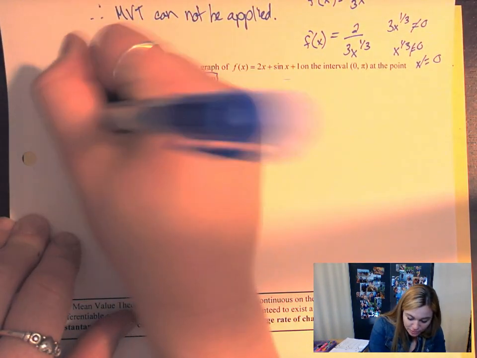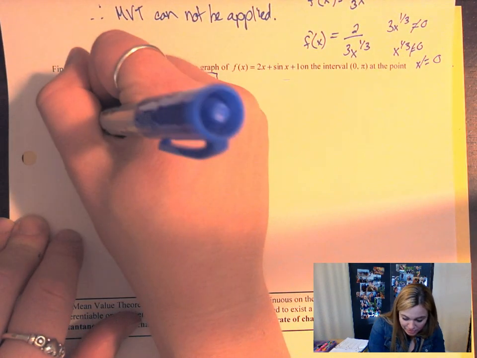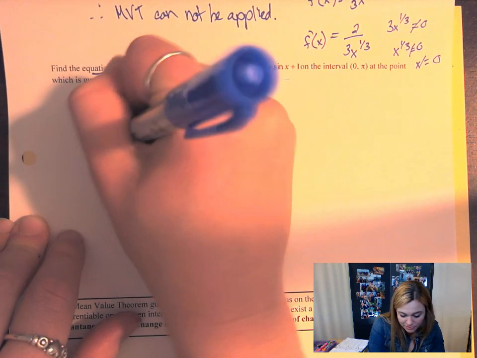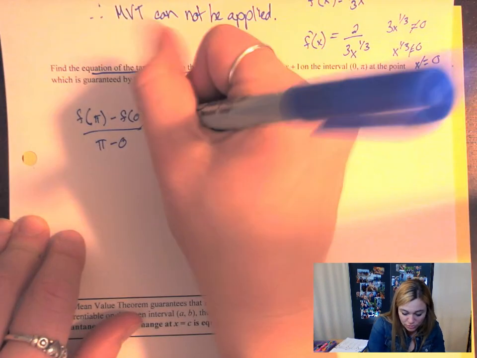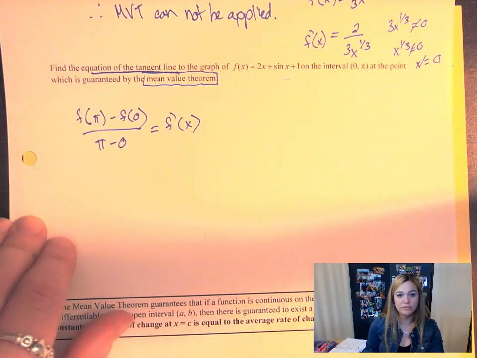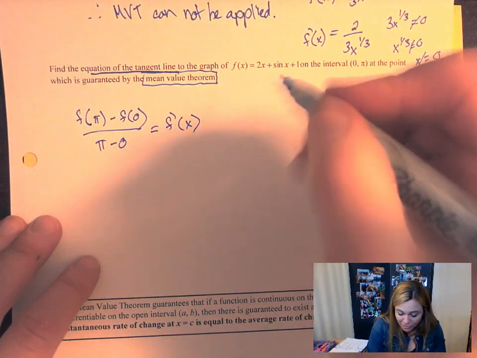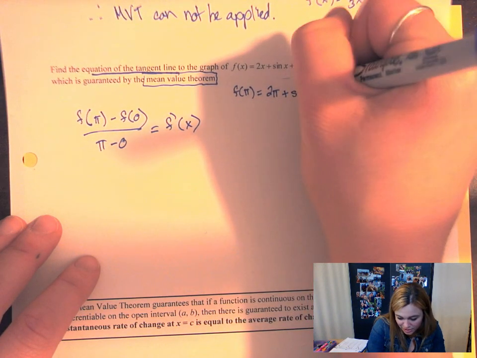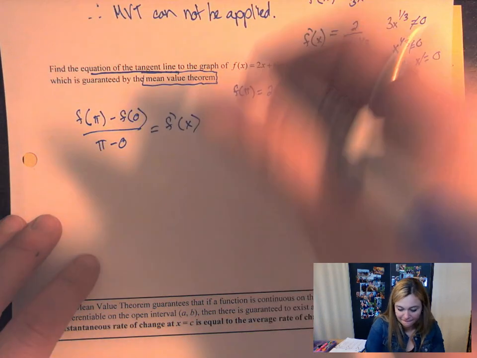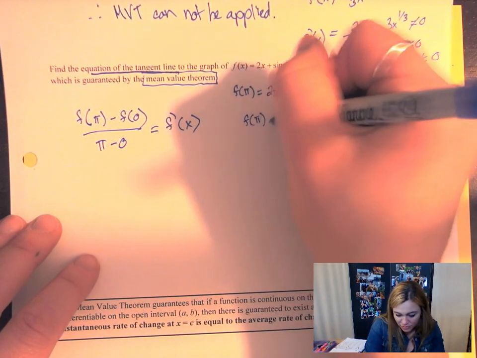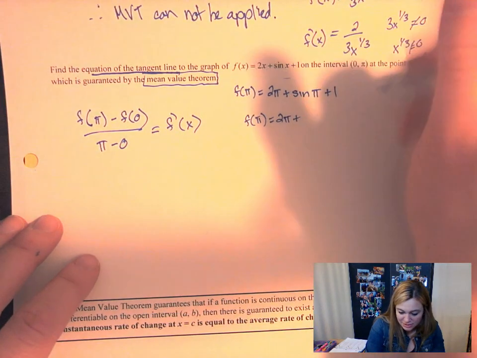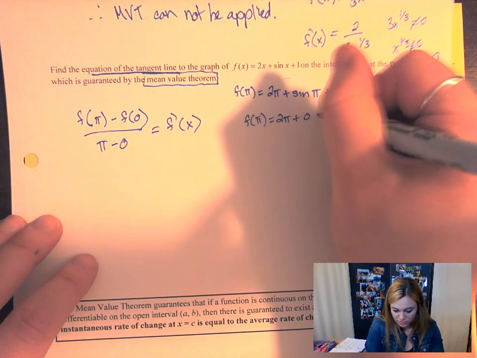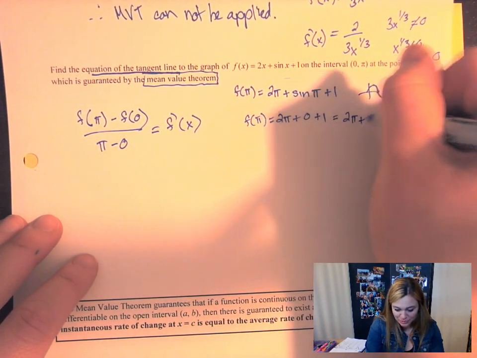But what I do want to know is the mean value theorem says f of b minus f of a, so f of pi minus f of 0 over pi minus 0 would be equal to f prime of c for some value c in that interval. f of pi is 2 pi plus sine of pi plus 1. That means f of pi would be 2 pi plus sine of pi, this is my sine curve, is 0. So I can just say 2 pi plus 1